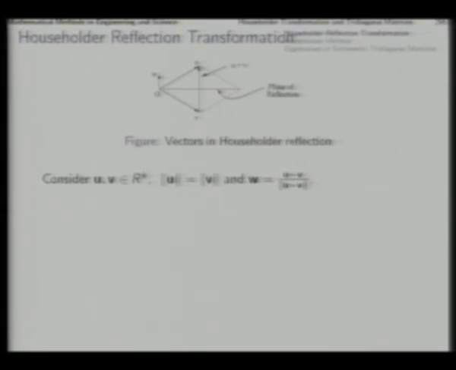In a k dimensional space, consider two vectors u and v in this k dimensional space, both having the same magnitude. If u and v have the same magnitude like this, then we proceed to find this particular vector w, which is the unit vector along the direction of difference of u and v. That is, u is this, v is this. This vector is the difference u minus v, and we divide it with its magnitude to find the unit vector